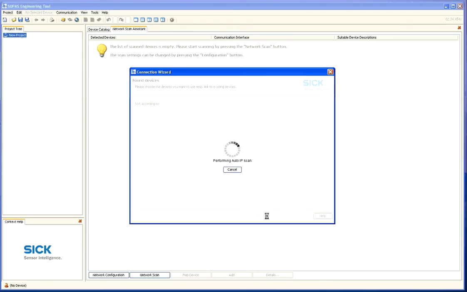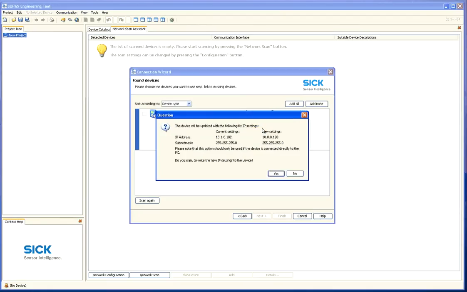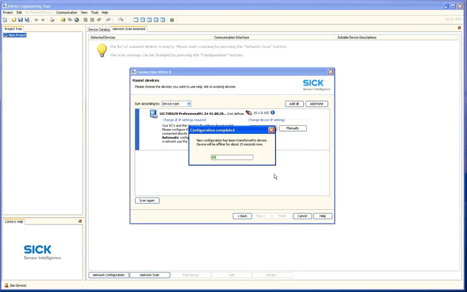So the auto-IP scanner has now found the Lector620, but is telling us that we need to do something about the IP address. We can either change it manually, or we can have Sopas automatically fix the IP address of the Lector as such, and when the new IP address is transferred to the scanner, the auto-IP will search